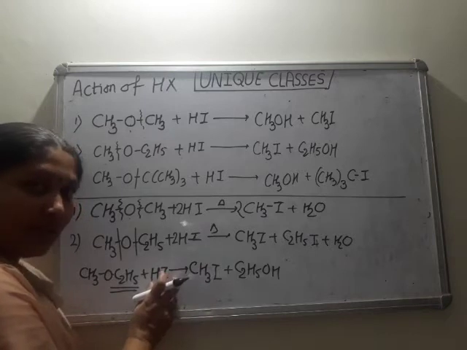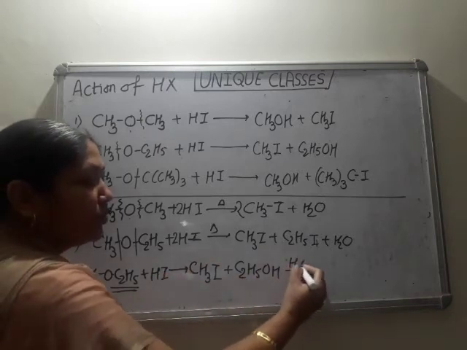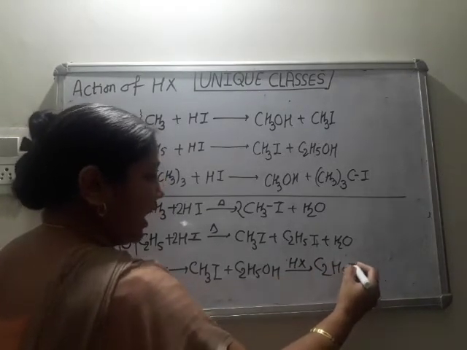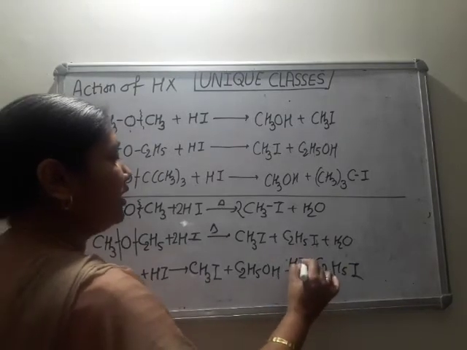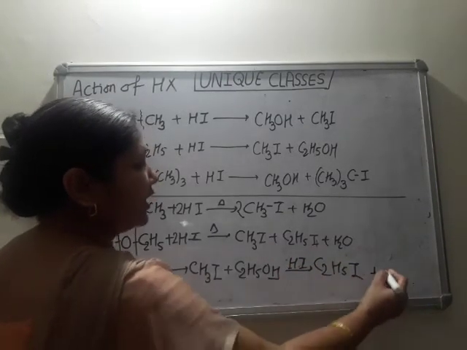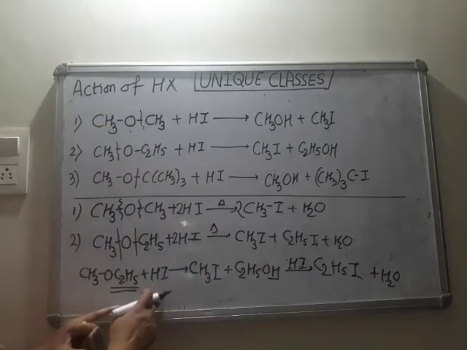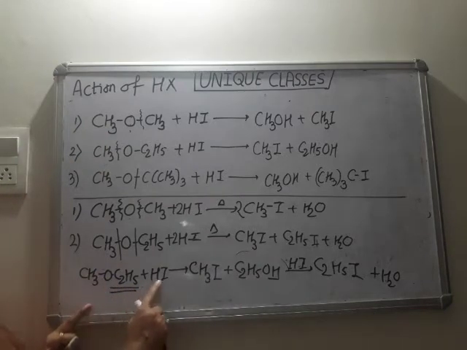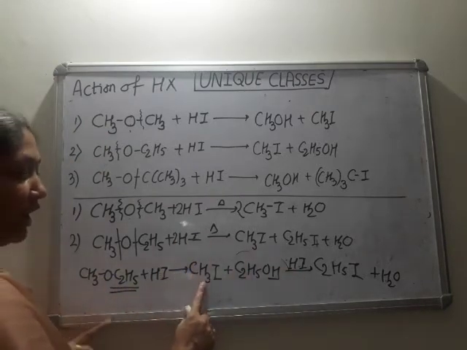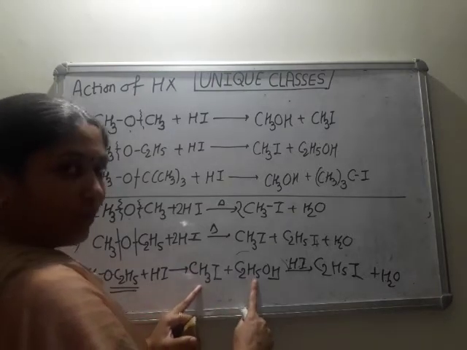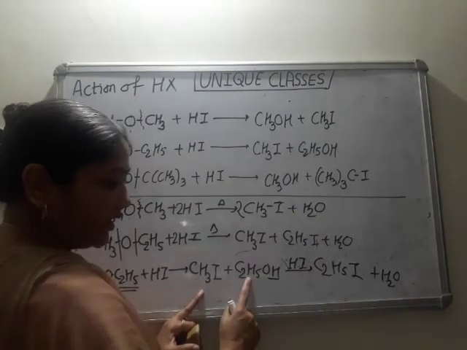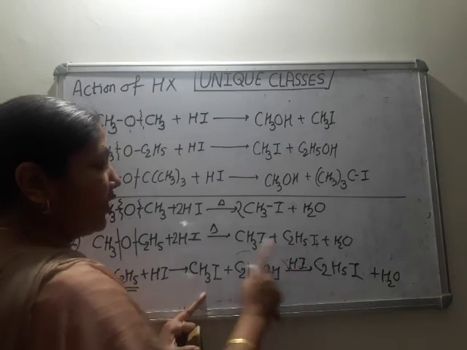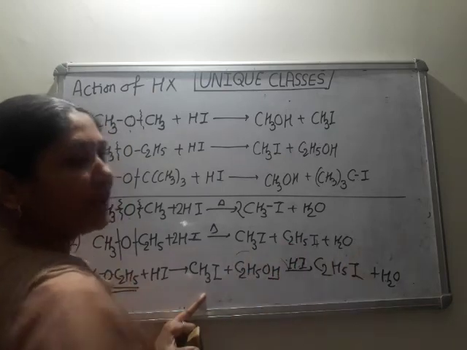So this is in excess. So it reacts with this C2H5OH and it is converted into C2H5I. Okay, X is I here. So C2H5I plus OH and H combine to form water. So here the intermediate formed is C2H5OH. See? So CH3OC2H5 reacts with HI and HI, 2HI. We get one product as CH3I and C2H5OH. But this is the reactant in the next step. So it is a common product as well as reactant. So it is cancelled and we get CH3I and C2H5I plus H2O.